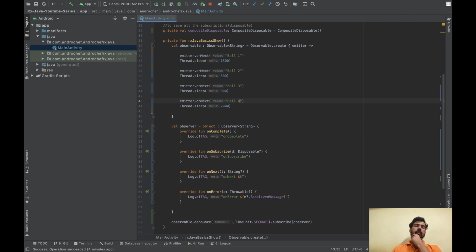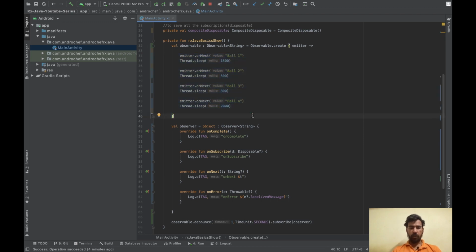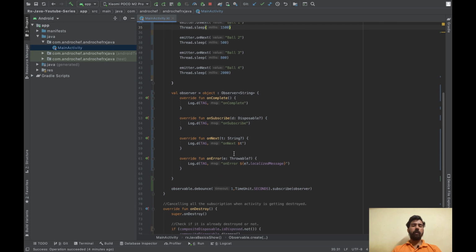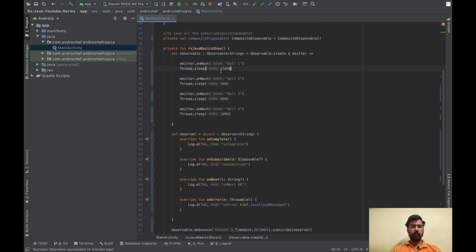So let's understand its output. What will be the output of this data stream? You have thrown one ball in the starting, ball 1, and it waited for 1.5 seconds. Your debounce time is 1 second, so this will be emitted, correct? Because it has waited more than 1 second.